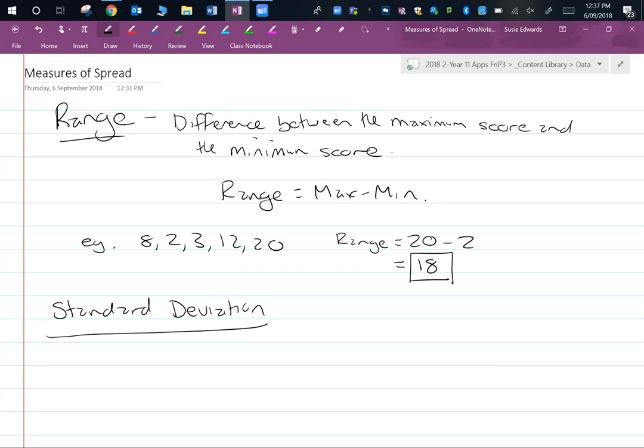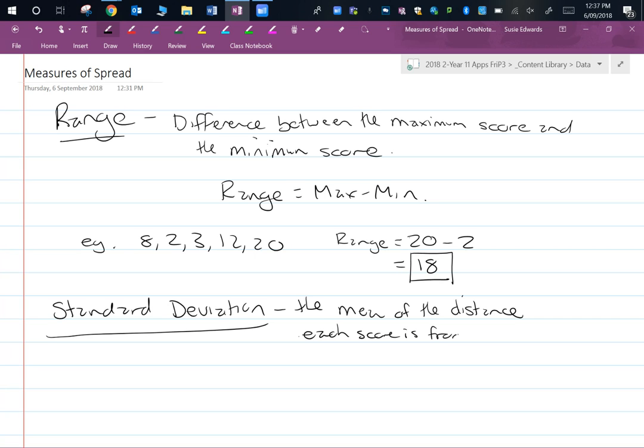All right, so when I say that, let's write that down and then I'll show you some pictures. Okay, so the mean of the distance of each score,